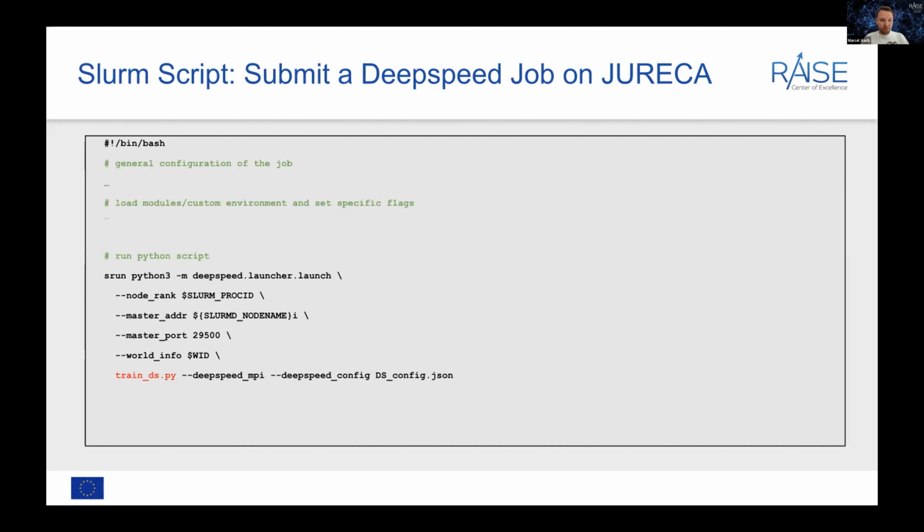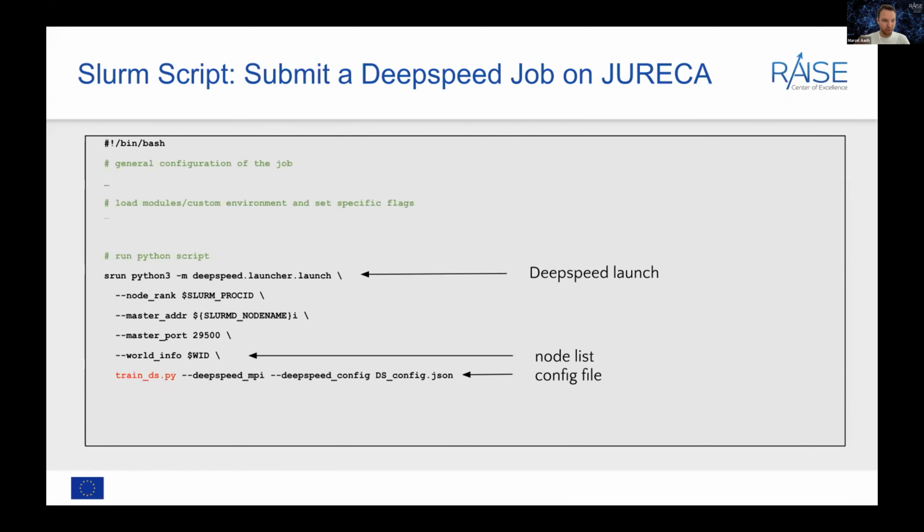The Slurm script on Eureka, for example, again looks a bit different. General configuration and modules are all pretty similar, but look at the commands you need to write to run the Python script, so the last part of your Slurm script. In this case, we use the DeepSpeed launcher. For this DeepSpeed launcher, we specify, again, certain things like node rank, master address or master port.